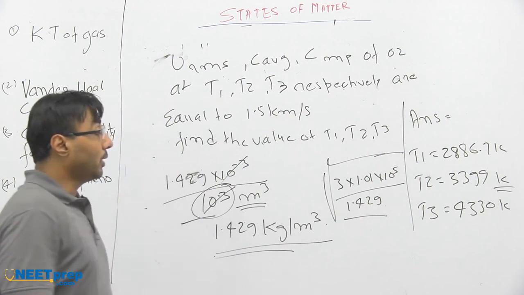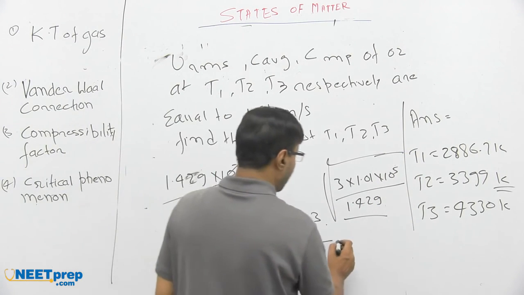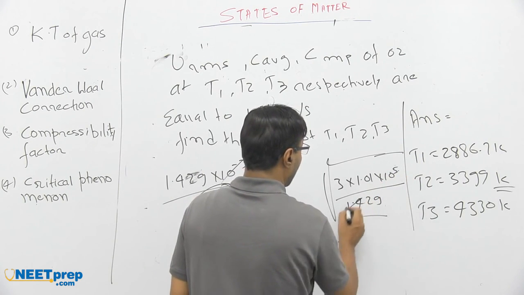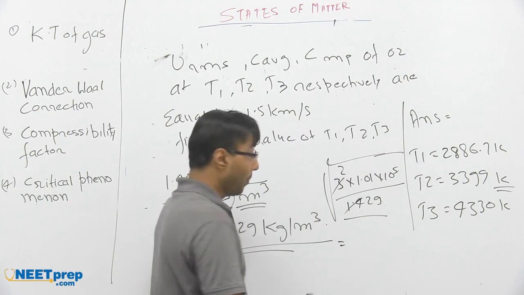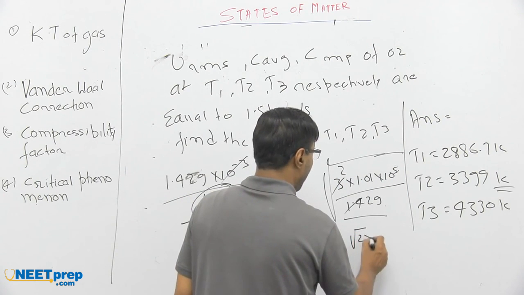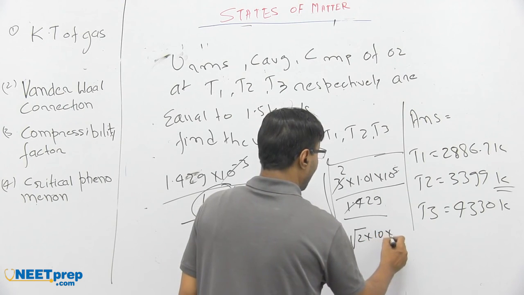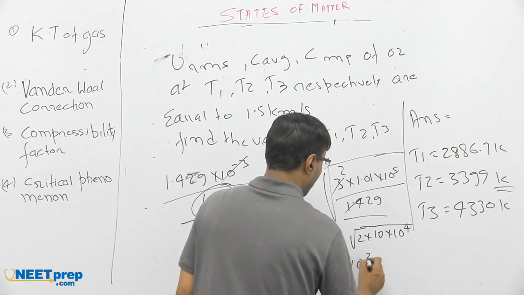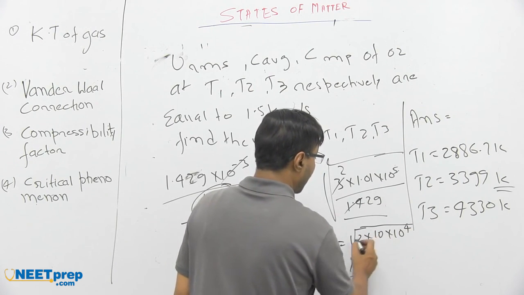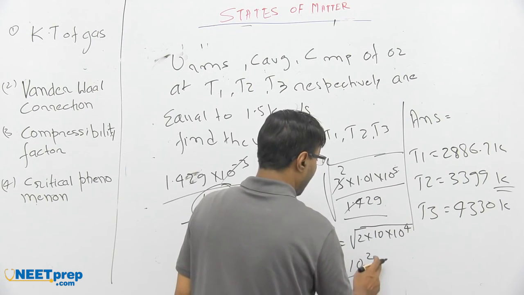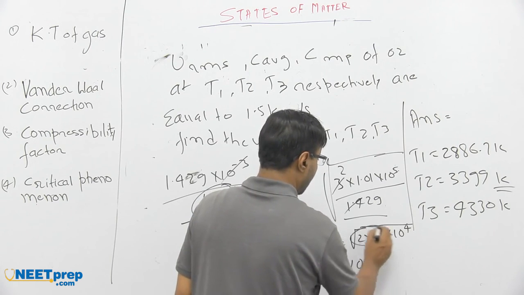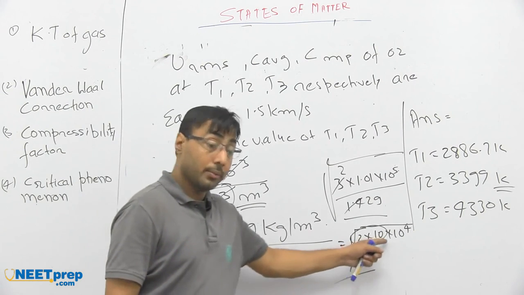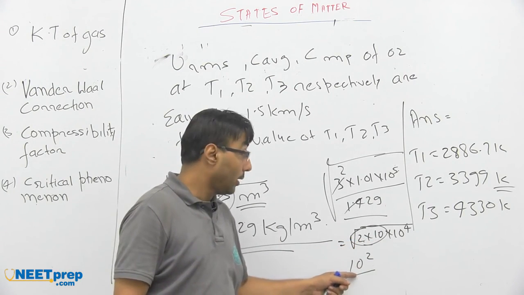When we need to solve it, we can go by approximation also. Let it be 2, 1.5. So it is under root, 1 and this one is 10, and this one is 10 raised to power 4. So for 10 raised to power 4, it will be 10 raised to power 2, and this will be 20. We have to take the value of under root 20, and we can multiply and get the answer.